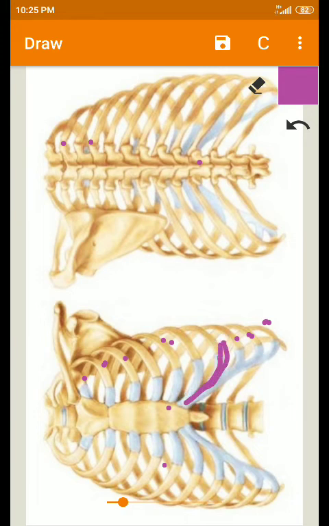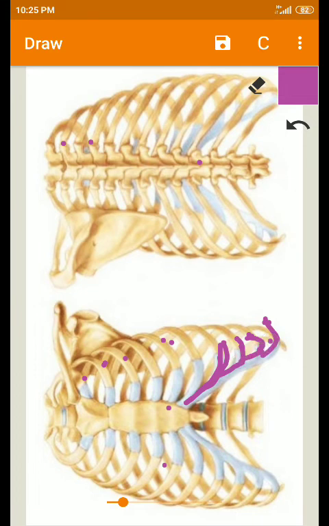After that, the 8th one is going to attach with the 7th costal cartilage, and the 9th one is going to attach with the 8th costal cartilage, and the 10th one is going to attach to the 9th costal cartilage. So that means the costal cartilages of the next 3 ribs end by joining the next higher